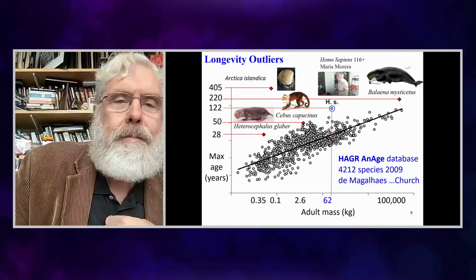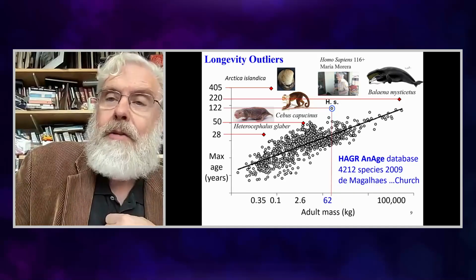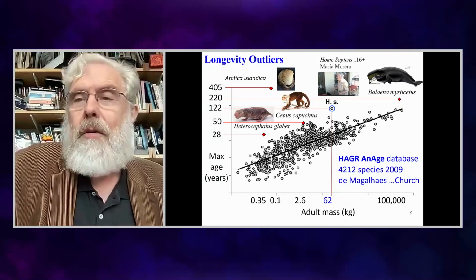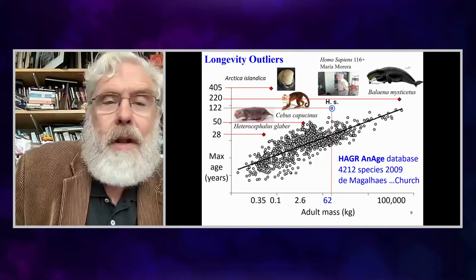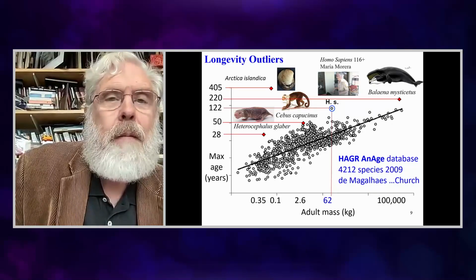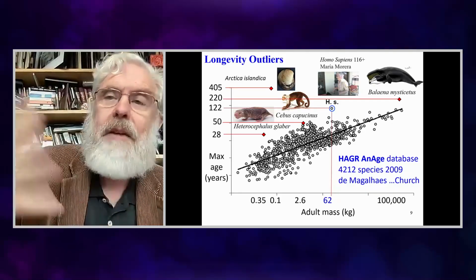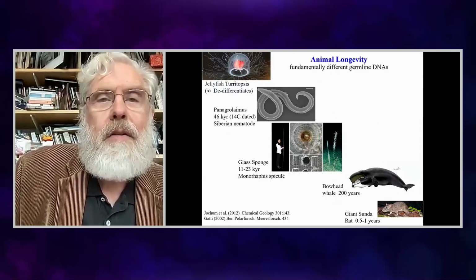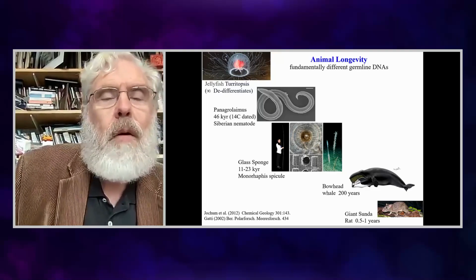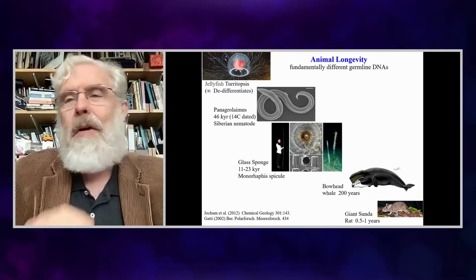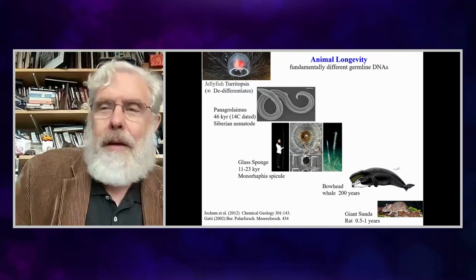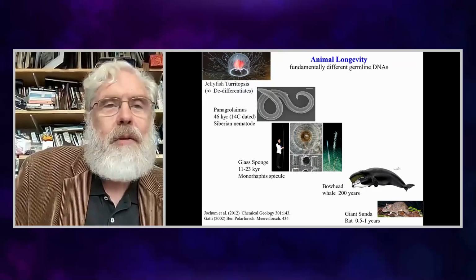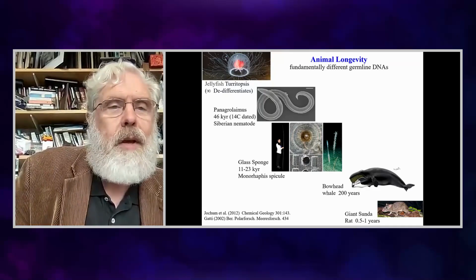And this comes from a human aging genome resource and an animal aging resource, both from Pedro de Magalhães, who was a postdoc in my lab and we're still collaborating many decades later. He maintains these wonderful databases that tell us about animal and human aging. So anyway, we're looking at these outliers, and even another set of even more extreme outliers. As you get closer and closer to human, it obviously becomes easier to transfer the know-how, but some of the most extreme values are far away from us.